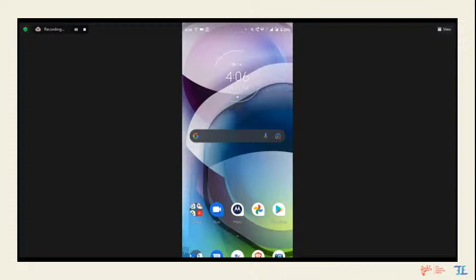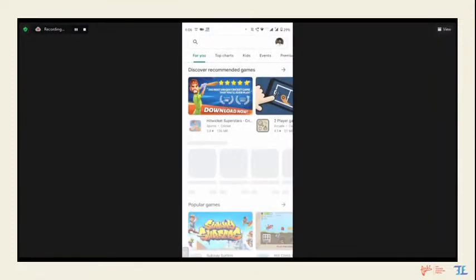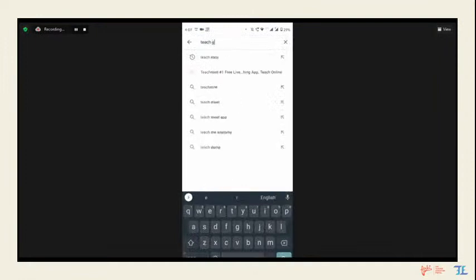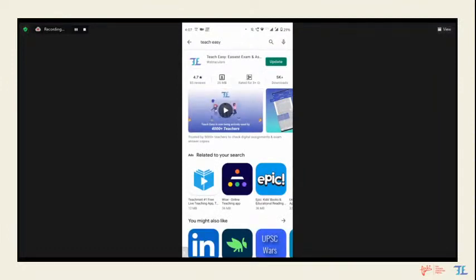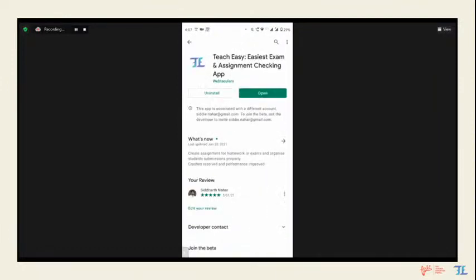On mobile, the Ttz app is present for Android phones. So you can go to your Play Store. I'm just opening my Play Store and I will search for Teach Easy. I will search for Teach Easy on Play Store, and here we'll get the app. I've already installed the app, so you are seeing the open button on my screen. But if you go on Play Store and search for Teach Easy, you will find this app. You will find the install button there. Just click on the install button and let the app install.